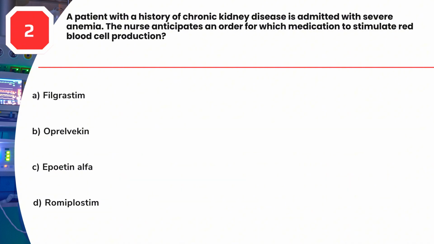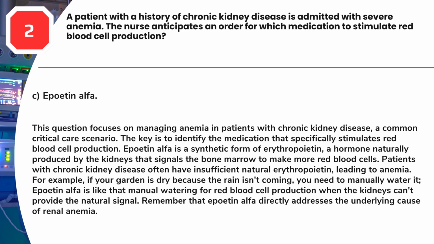Question 2. A patient with a history of chronic kidney disease is admitted with severe anemia. The nurse anticipates an order for which medication to stimulate red blood cell production? A. Filgrastim. B. Oprelvekin. C. Epoetin alpha. D. Romiplostim. Answer, C. Epoetin alpha. This question focuses on managing anemia in patients with chronic kidney disease, a common critical care